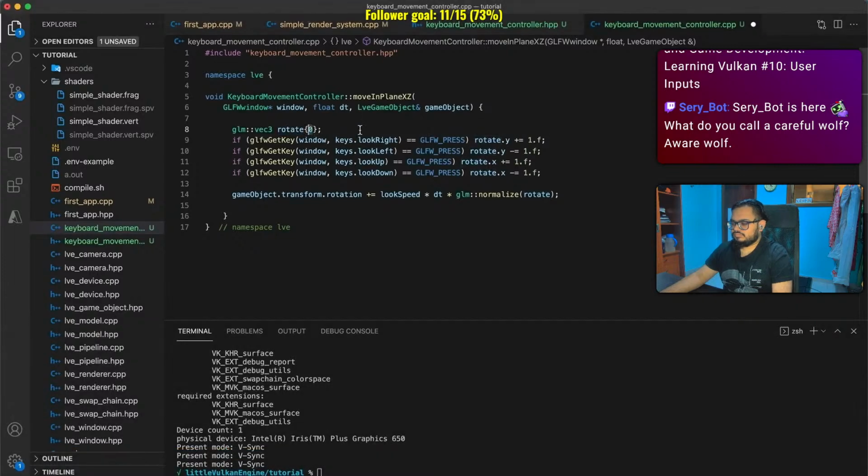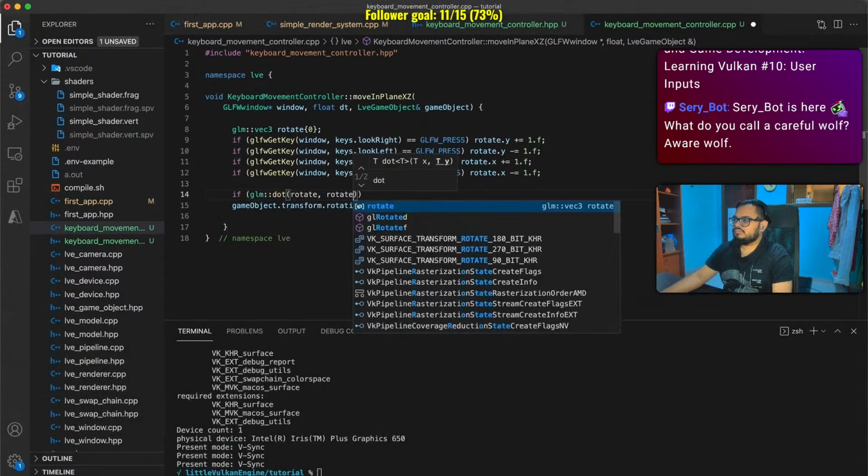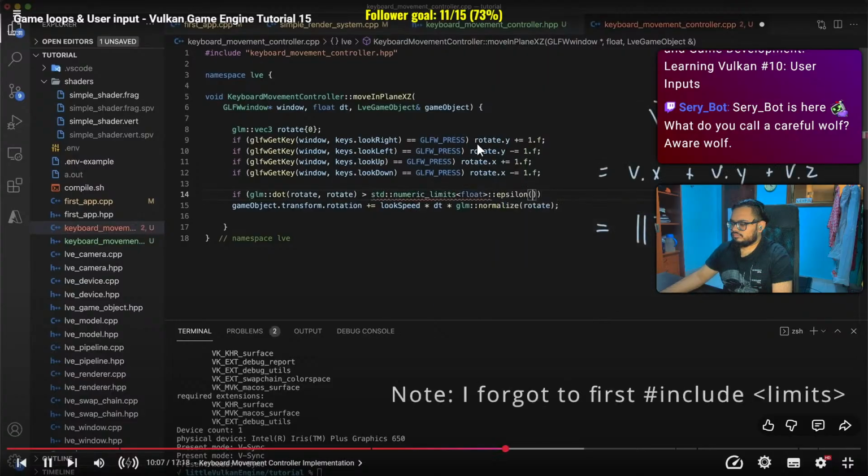So to fix this, we need to add a check to only update the game object's rotation when rotate is non-zero. The best way I know how to check this for a vector is use the dot product with itself and check the inequality against epsilon. The vector dot product with itself is equal to the sum of the squares of its components. So this will be a positive value equal